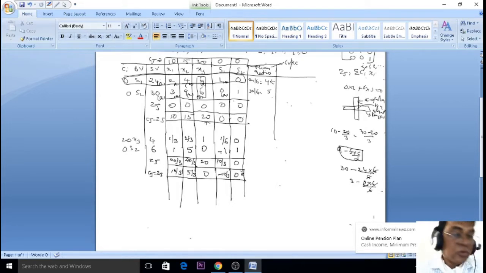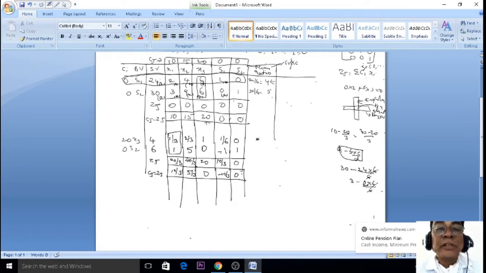0. So the problem is not completed. The values of Cj minus Zj should all be zeros or negatives. But here there is 0, 0, negative, but these two are positive. It indicates that the problem is not completed. Again, you have to apply the minimum ratio for the key row and key column values. Out of these two, which is the maximum value? 10 by 3, because 5 by 3 is lower than 10 by 3. So better to select this as the key column. This is the key column value.